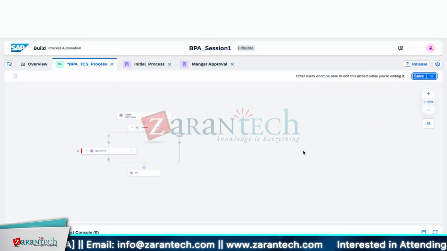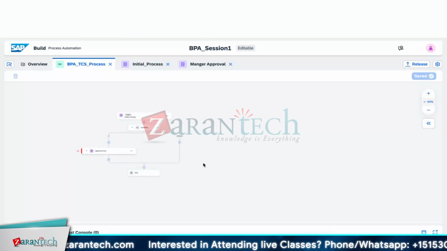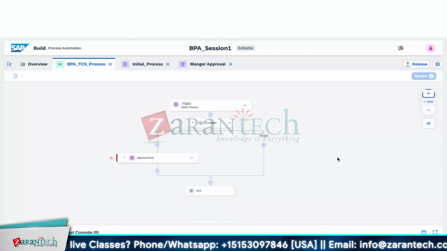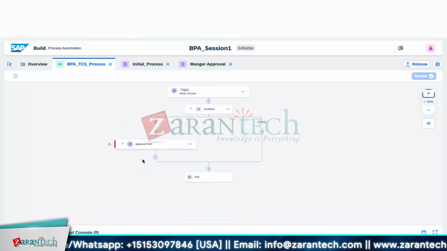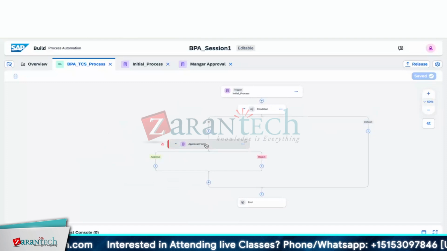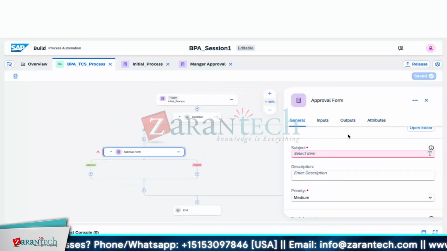Click on save for the main process which I have created. Currently, if you see here, the approval form is showing as an error right now. Why is it showing an error? Because we have not filled some of the details in the approval form. These are all the